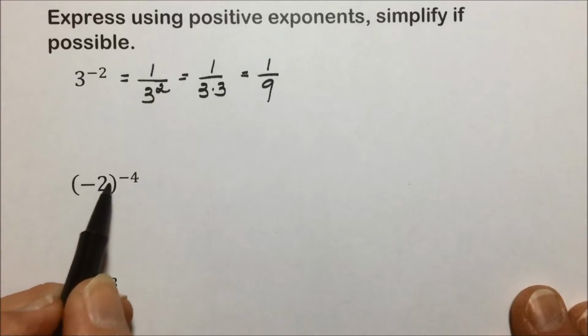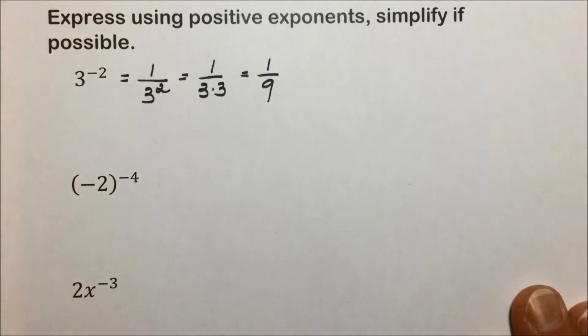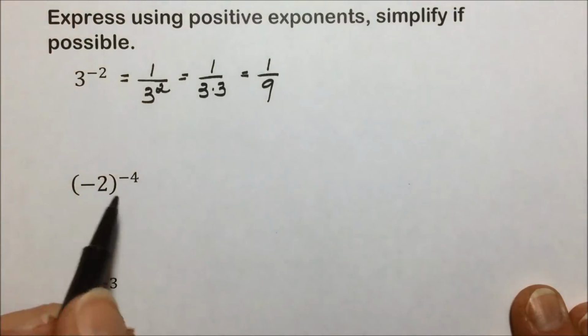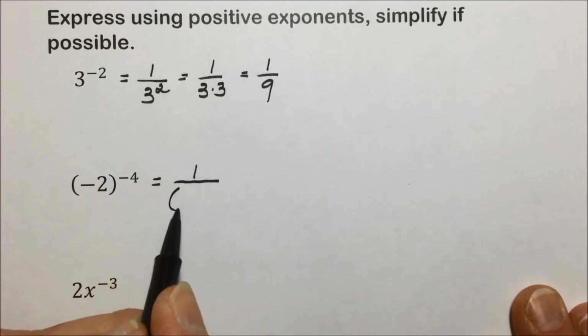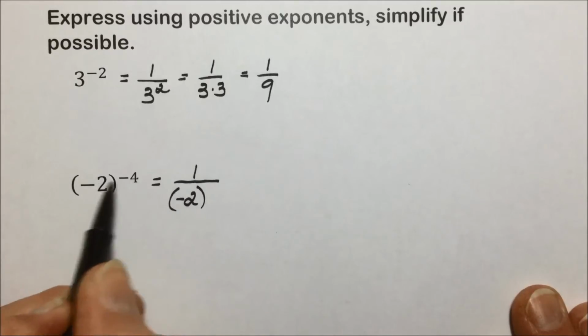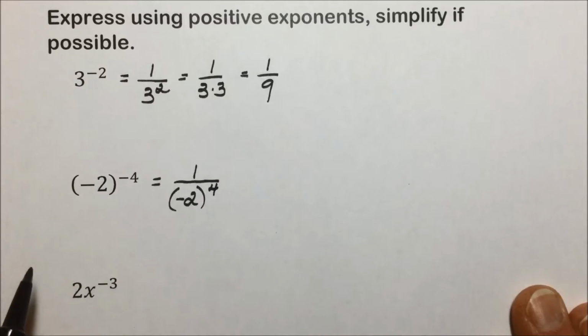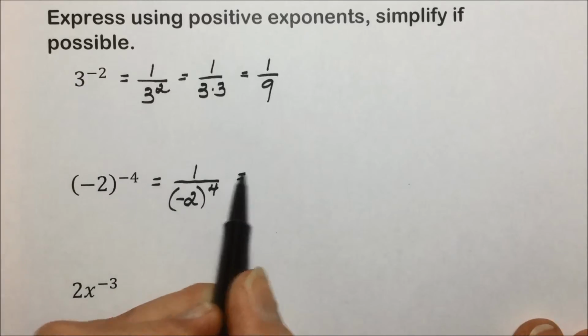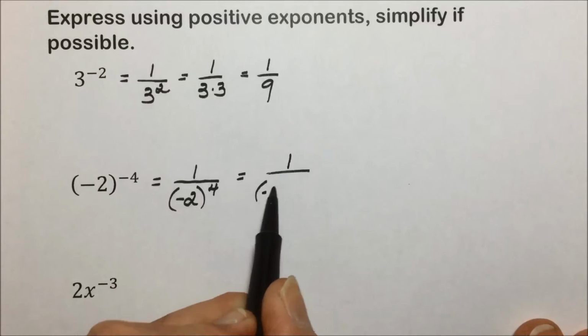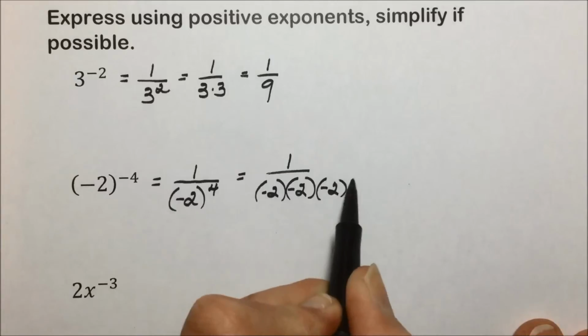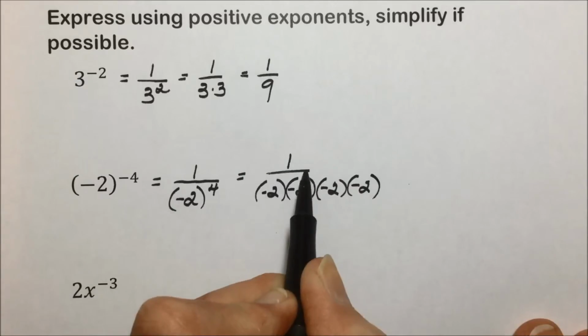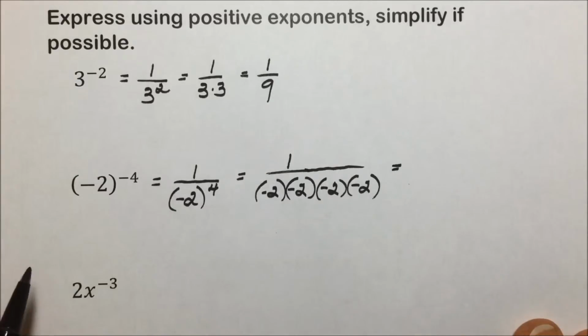We have negative 2 raised to the negative 4th power. A negative exponent does not in itself indicate that an expression is negative. So here, to eliminate the negative exponent, we will simply take that expression and put it in the denominator. Something to the 4th power means that thing times itself 4 times, and let me write that out just to illustrate what we have. Maybe extend my fraction bar there.